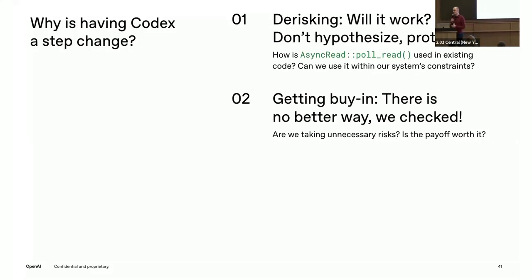The second part is getting buy-in. My opinion, whether this is a reasonable idea to merge, doesn't matter. If I can't convince Ben, if I can't convince everybody else, because all of us are on the hook for this if it doesn't work, right? All of us are going to get woken up in the middle of the night if we're wrong about this. And so everybody needs to be on board with this being a desirable thing that we need to do that will work. So we have to get buy-in from each other.